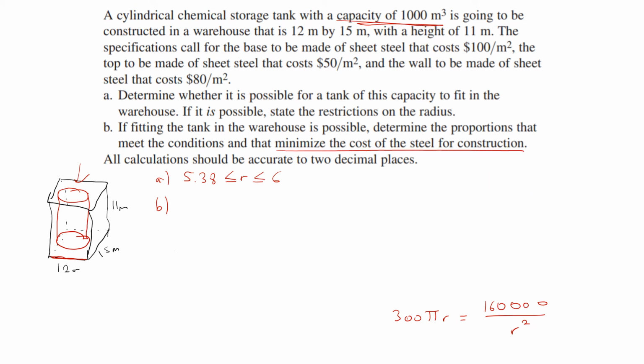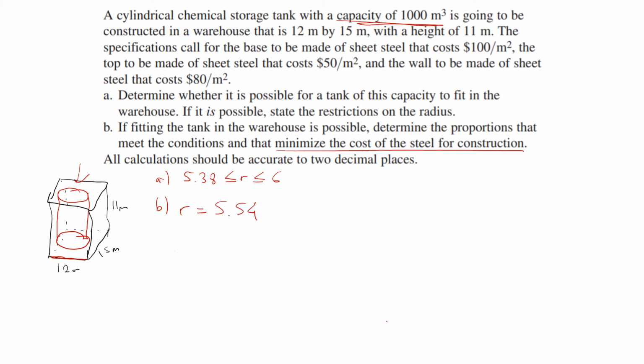So from here, because I need r's on the same side, I'm going to multiply each side by r squared to get rid of this. So now I'm left with 300 pi r to the power of 3 equaling to my constant. Okay, now I'm going to divide each side by 300 pi to leave my radius alone. So now that I have a constant, I can actually take cube root for each side to end up with, if you put it into your calculator, you'll end up with the value of a radius